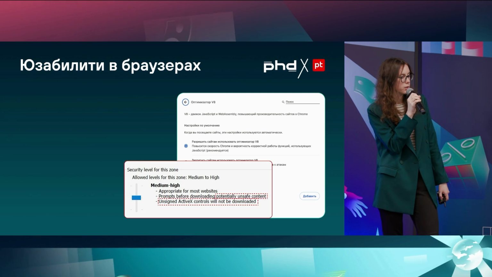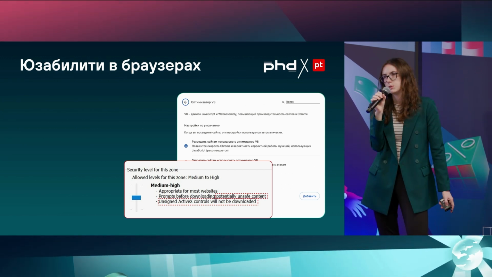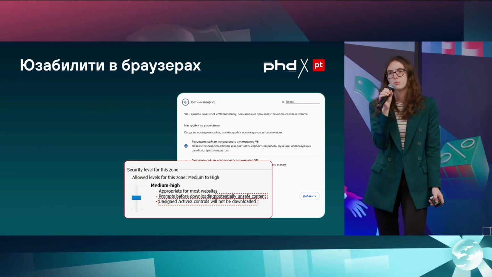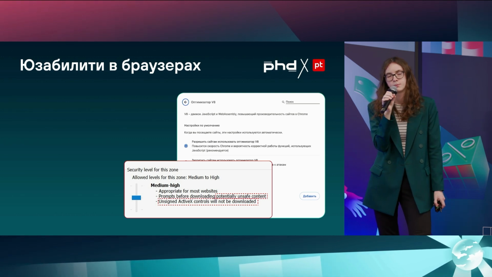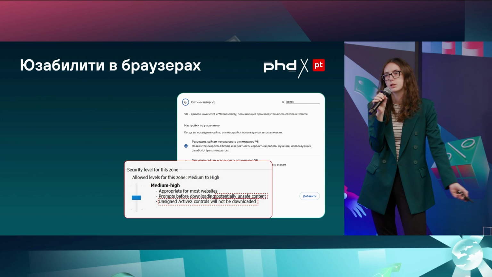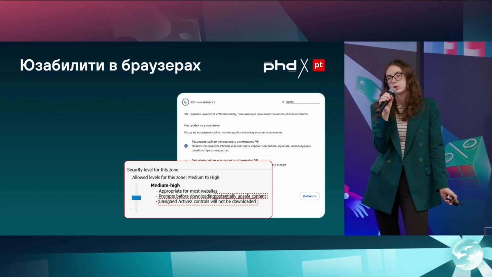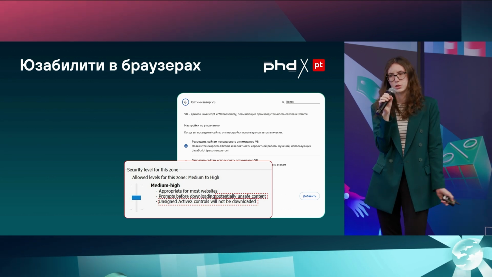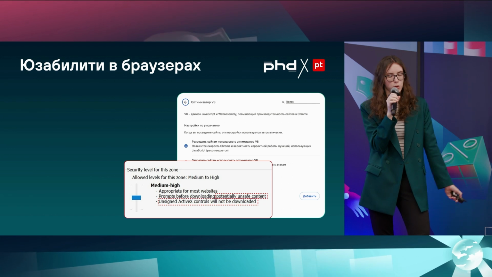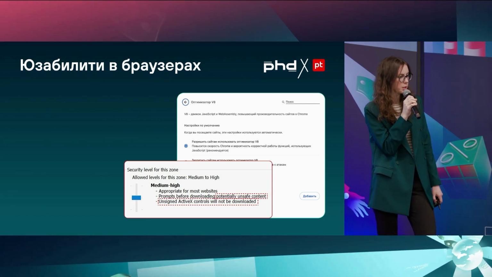The next setting says that we'll have a prompt before we download potentially unsafe content. What is meant by potentially unsafe content? There's a lot of such content on the internet. It could be viruses, it could be phishing, it could be some content not suitable for children. So what does this setting protect us against? Well, in fact, against nothing of that. It worked quite strangely, and it wasn't of much value to the user anyway.